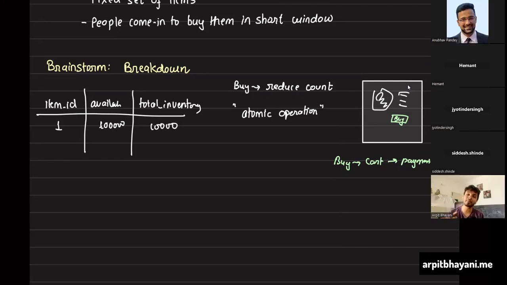But then how are you preventing... if you reduce the count after the payment is done, there is a problem. What's stopping, let's say, 50,000 people from adding to the cart and going to the payment? Once they go to the payment, the amount will be deducted from all of them. But your inventory is 10,000, and you just let 50,000 people make the payment. Correct?